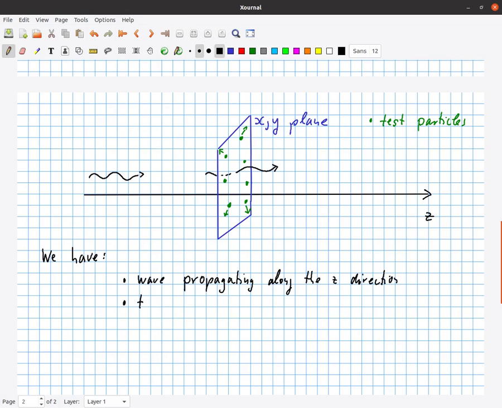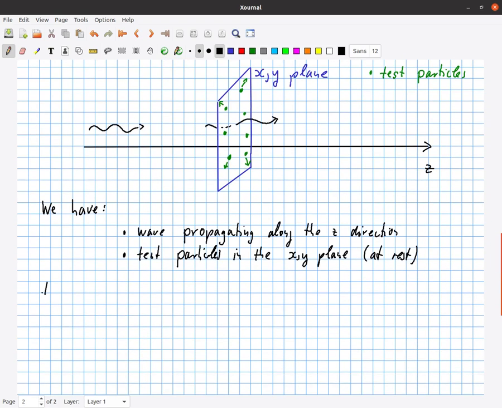We have test particles in the xy plane, initially at rest. You can't really decouple it because, as I said, we are modeling a continuous gravitational wave, but in the absence of the wave, these particles would be at rest. And for this setup, the geodesic deviation equation